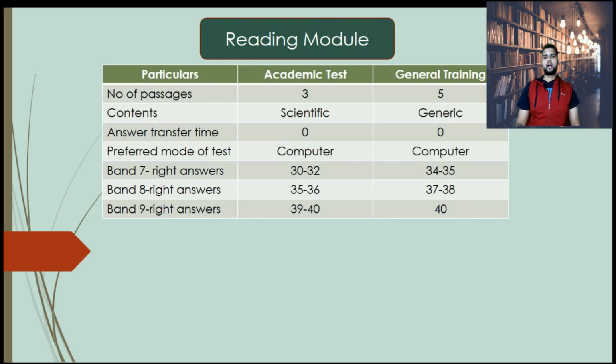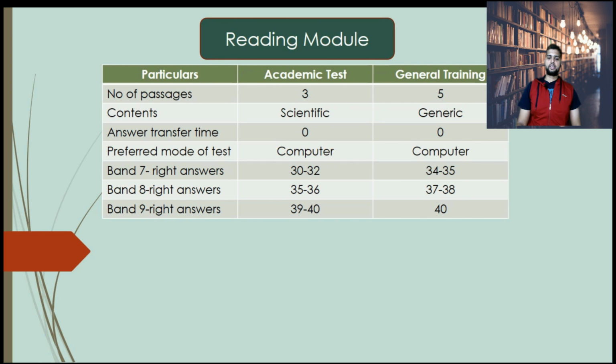There is a difference between how the bands are allocated for academic and general. As I mentioned before, academic is purely science related, the passages are lengthier, and it has uncommon and unfamiliar terms, so students might find it difficult. Considering this, IELTS has relaxed its band descriptors compared with general, because general is much simpler and covers day-to-day activities, so it is very convenient for you to guess the right